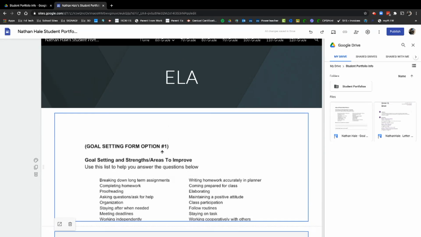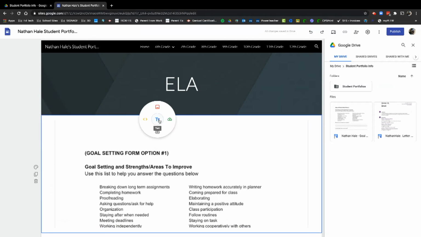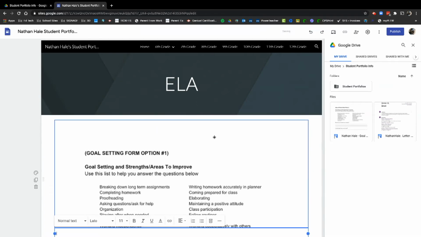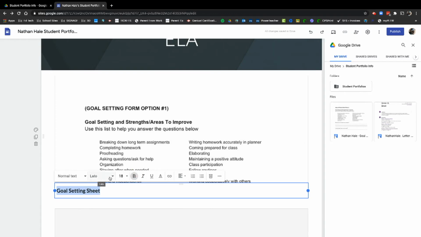Now I want to do a couple of other things. I want to add a title, so I'm going to go ahead and double click and then click the two T's to add text. You'll see a text box goes at the bottom. I'm going to go ahead and name this Goal Setting Sheet. I can adjust the font size. If I want to, I can make it bold. I can change the font style. I can change the text